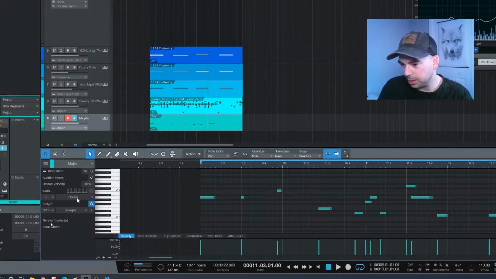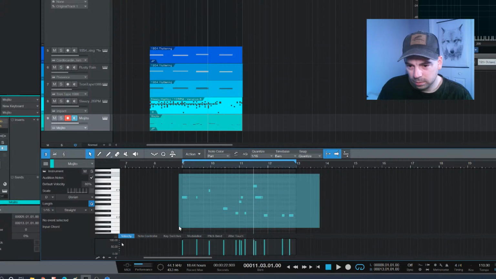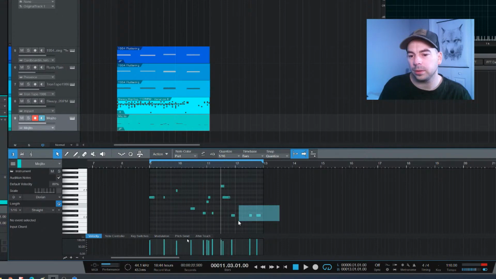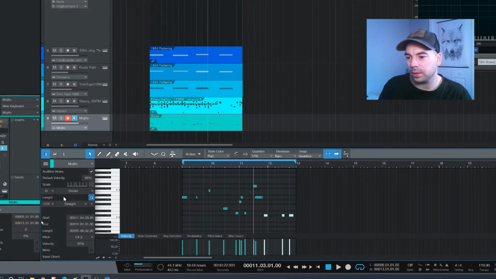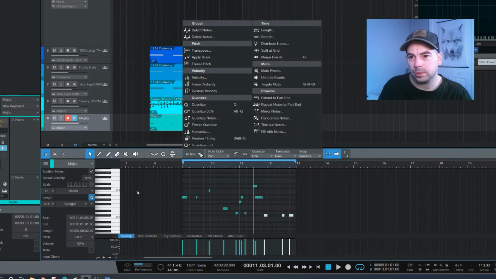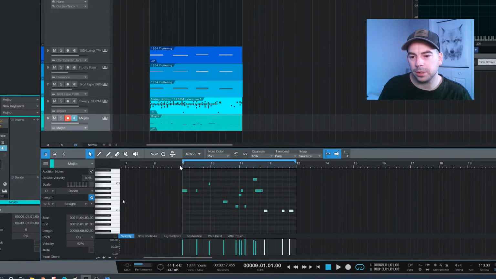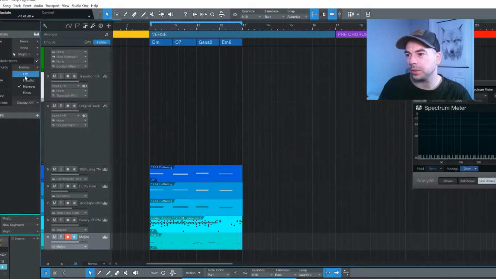So I think there's a thing I can do to lock this to scale. I don't think I played any notes that weren't in the scale though. I didn't. Yeah, so it's fine. Oh, these ones down here are. So what happens when I action, apply scale? Okay. Apply scale. And then those get moved to notes that are in the scale, but we're already there because of this follow chords thing. But I think I'm gonna turn that off and just see what these ranges